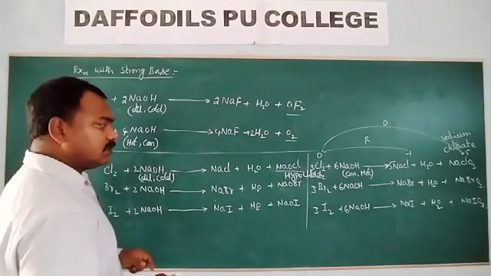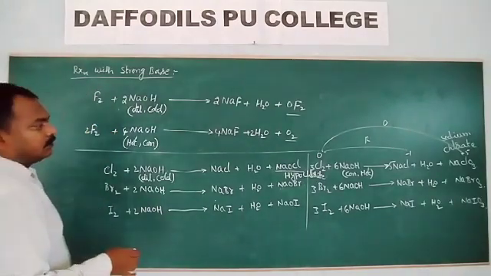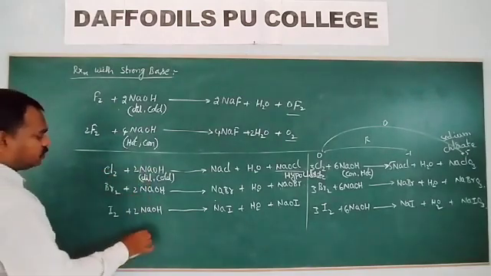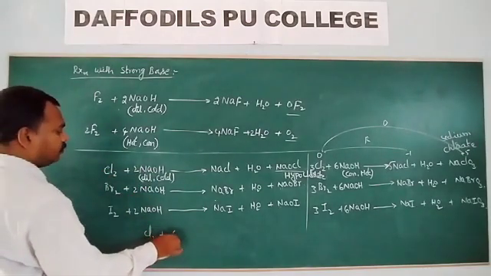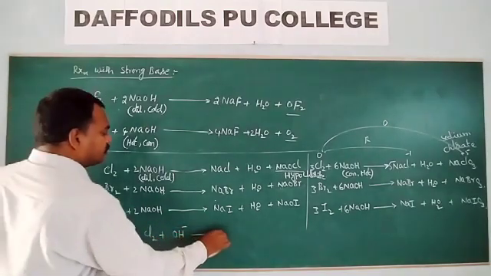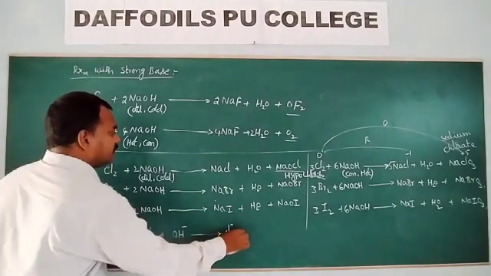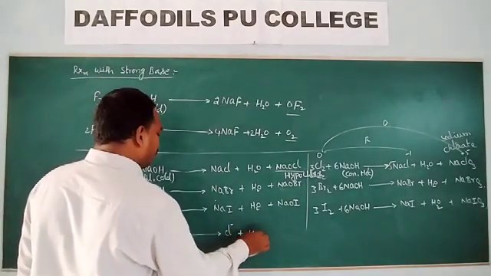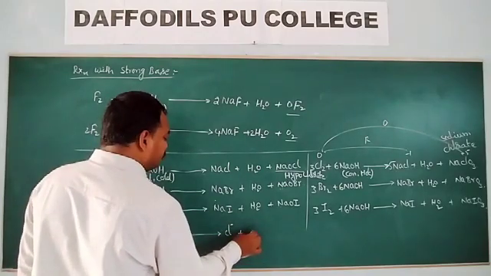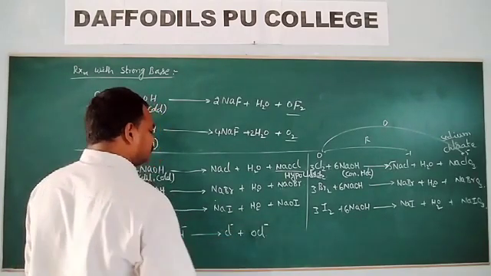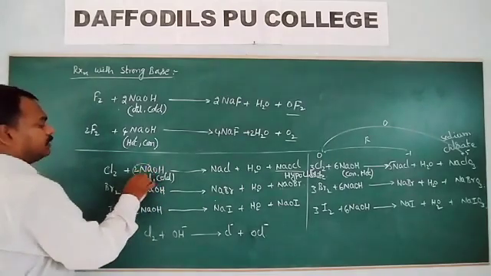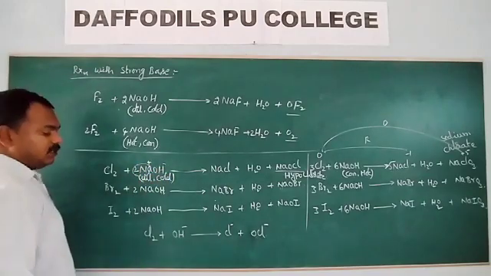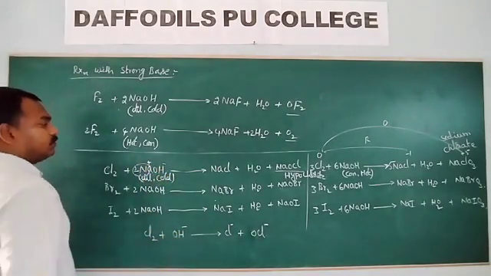All these reactions can also be expressed in ionic form. So look at the ionic form of this reaction. Cl2 plus OH minus gives rise to Cl minus plus OCl minus. There is no need for writing H2O. Just write down this one as a base. So this one can be separated like this, Na plus OH minus. So I am taking OH minus only.